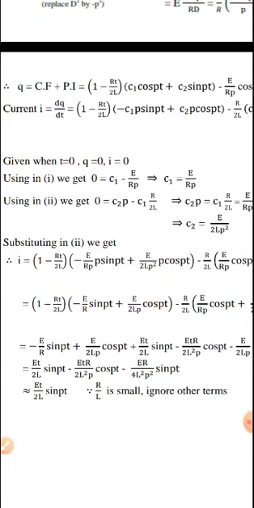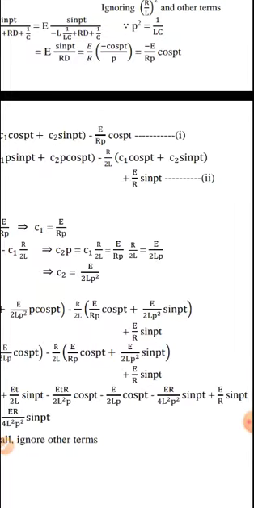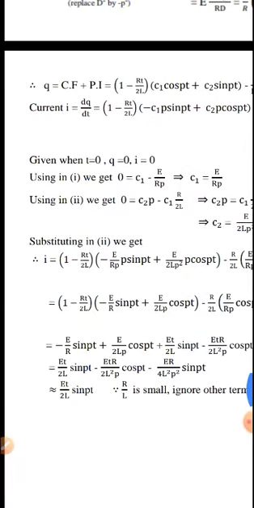Then differentiate it, dq by dt will give I. Product rule can be used, differentiate it with respect to t. So you get I. Expression for q and I. Now we can find the constants C1 and C2 by using the condition. Initially, means at t equal to 0, it is said that charge q and current I are zeros. q is 0, I, that is dq by dt, is also 0. So use this. In that first equation q, you can put t as 0 and q as 0.